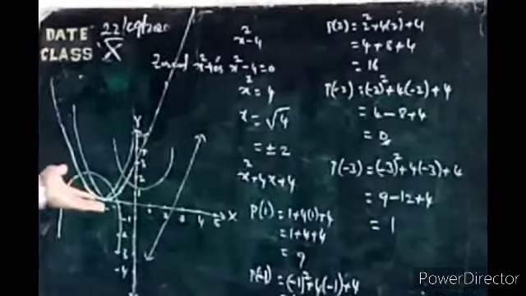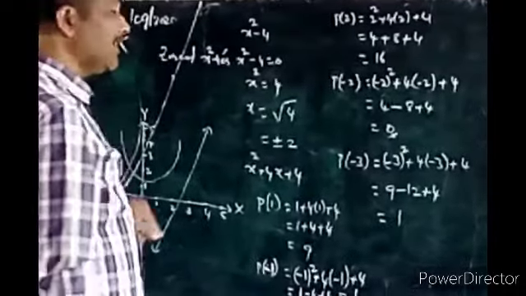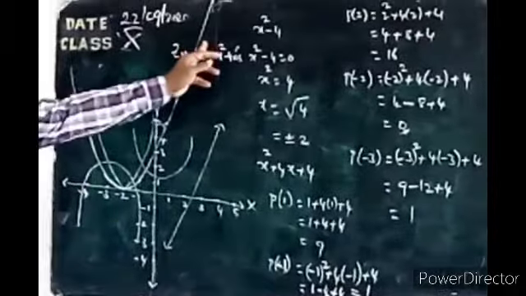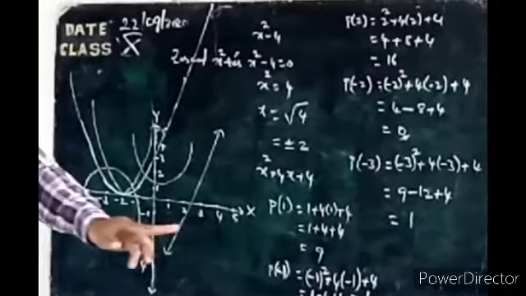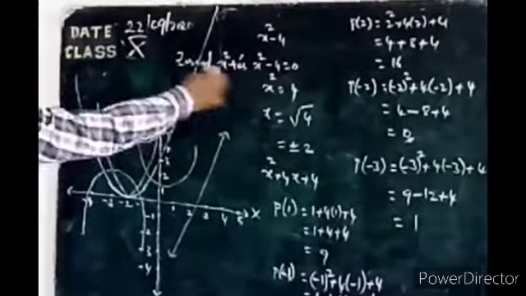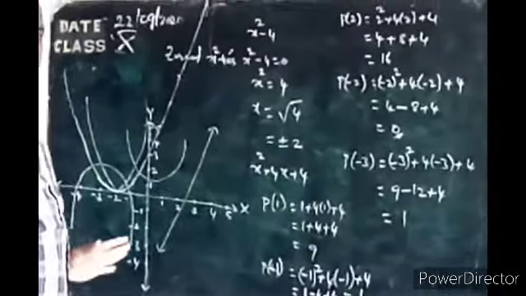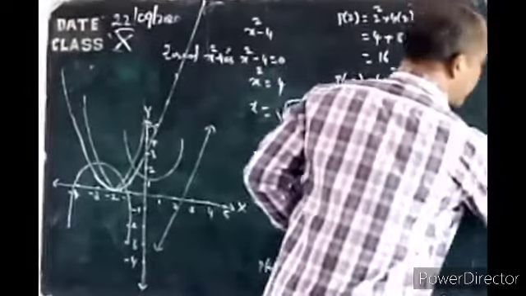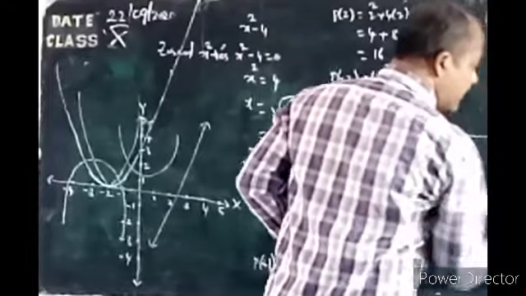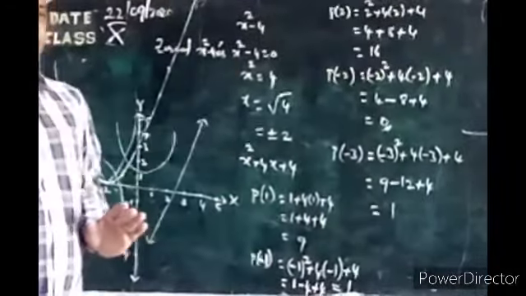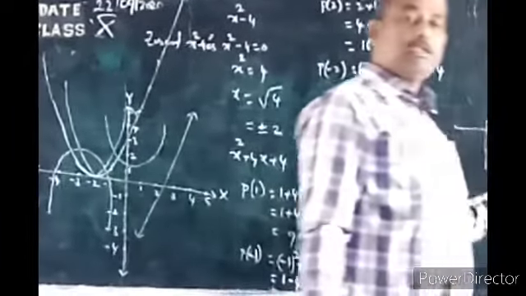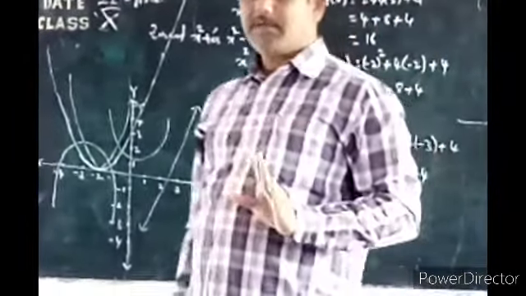If it is a cubic expression or cubic polynomial, we are getting 3 zeros on the graph. It is the quadratic expression formation graph. If it is a cubic, then again it gets down either that side or this side. The cubic expression graph will be coming down once and again goes up. 3 zeros, 3 times. 1, 2, 3. Okay?